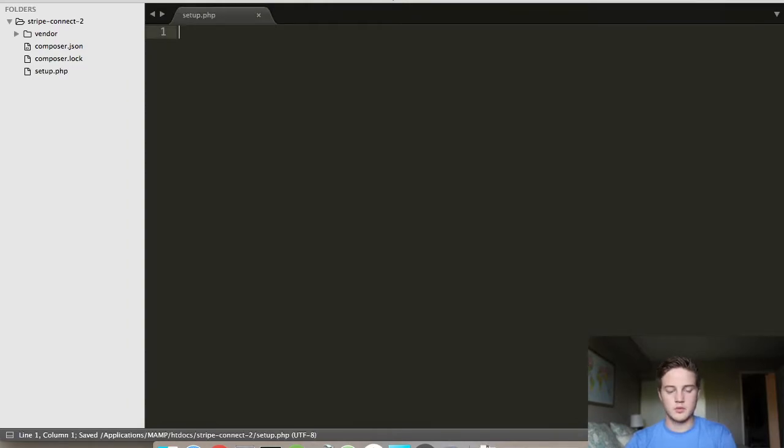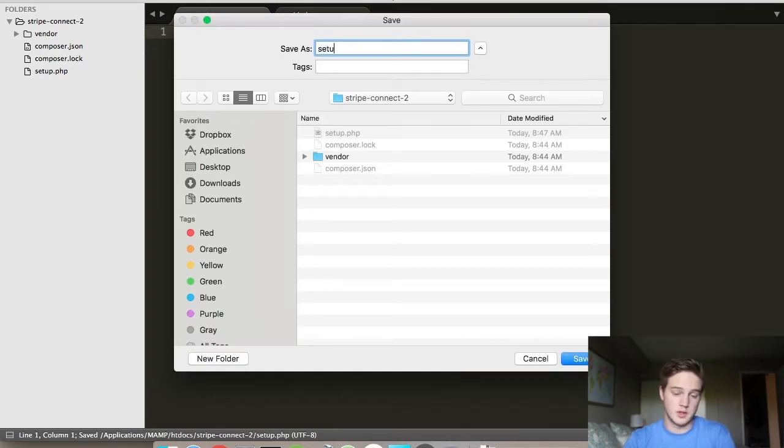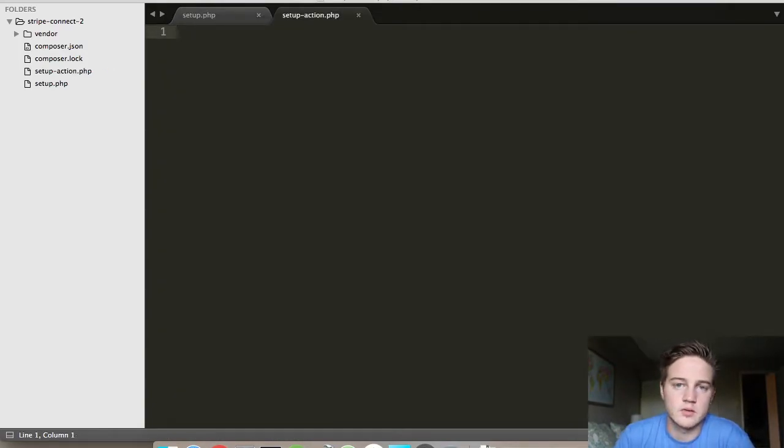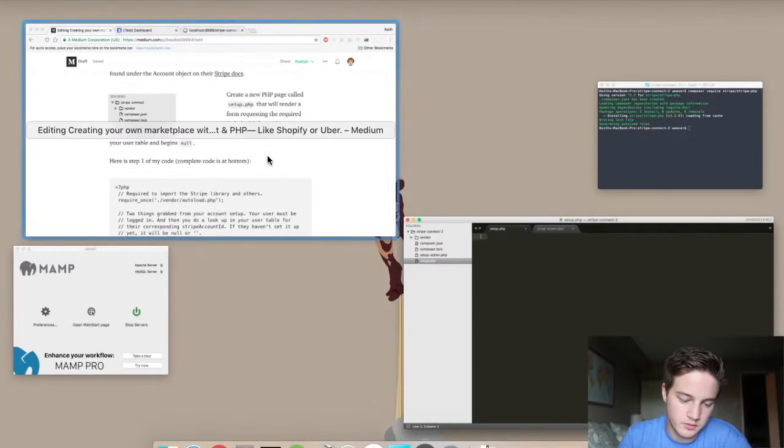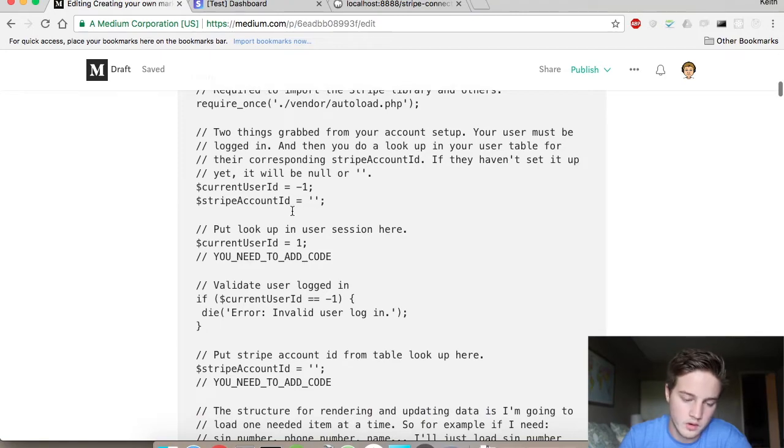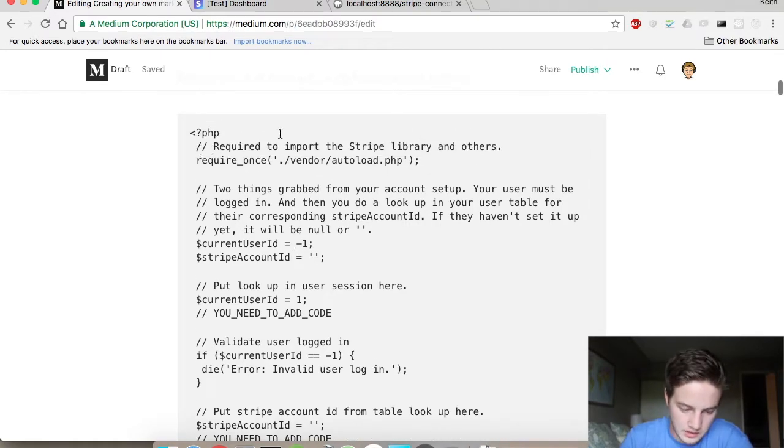And that's going to be like the equivalent to your user account settings, I guess. This is where you'd set up all the banking information. And so what we're first going to do is, I have a bunch of notes in the